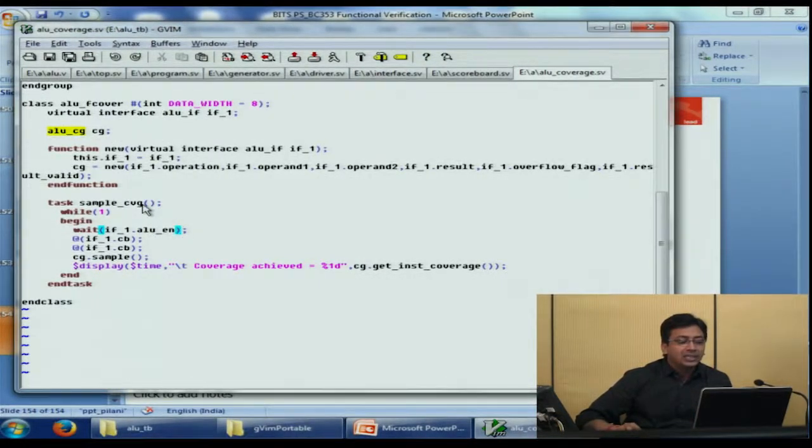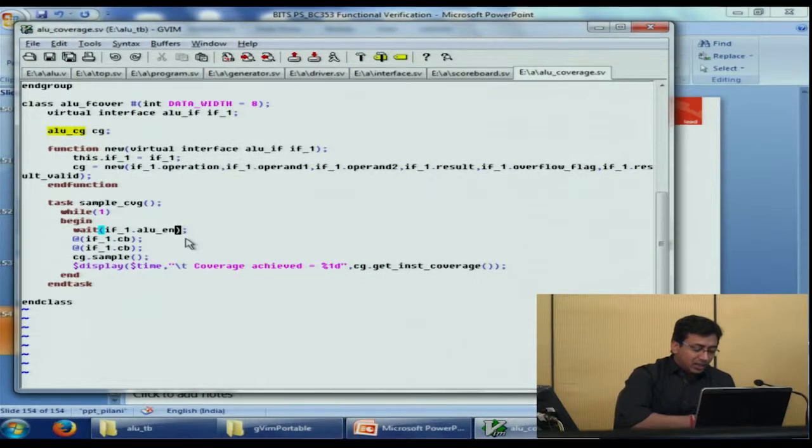What we have done here is that we have created an API, which is a forever running API again. And this API waits for ALU enable to come. That means that every time a new operation is given to the DUT, this coverage class will take a sample of the last values driven on the bus.